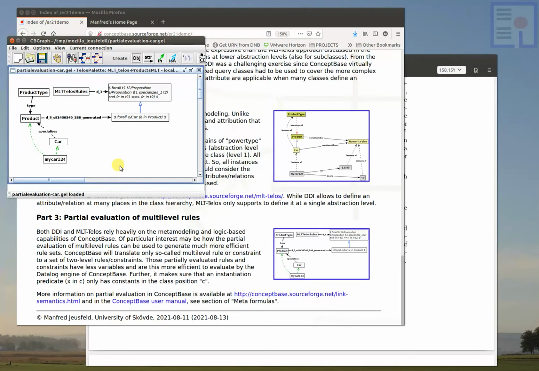Yeah, this is the last part of the demonstration. That is the management of rules and constraints and partial evaluation that creates more efficient versions of these rules and constraints. You see here in this graphical view our product type, which is a power type of product. Never mind that this symbol is a little bit different because I use a different graphical palette for this. We have